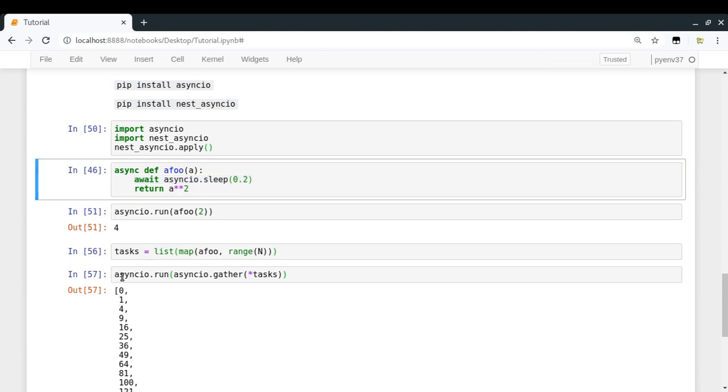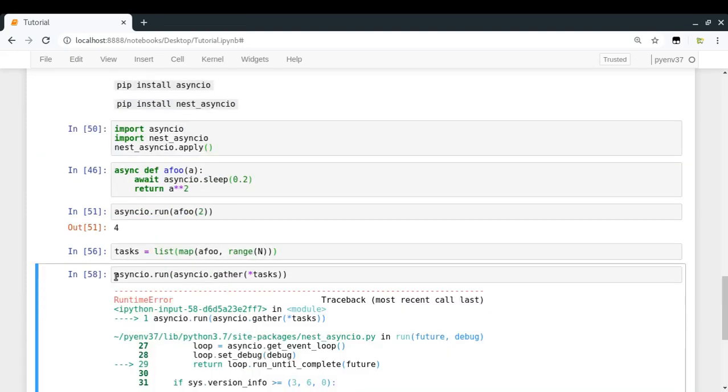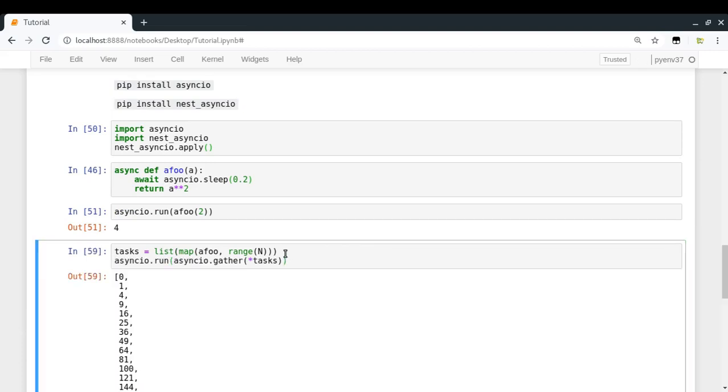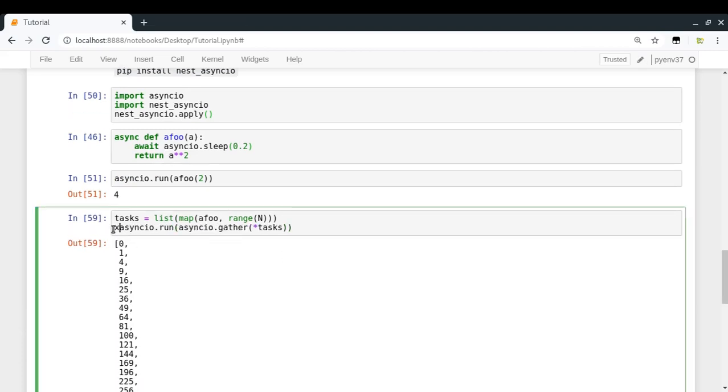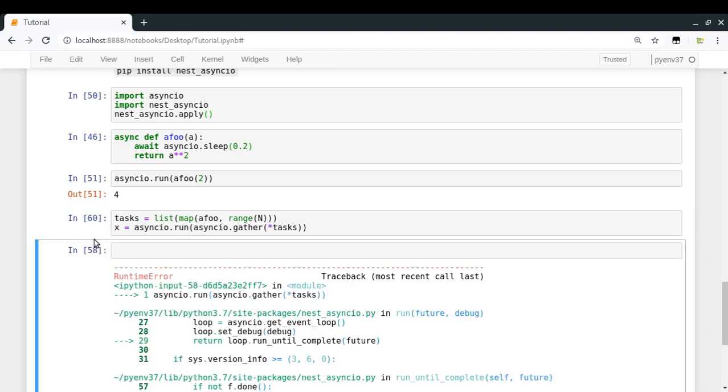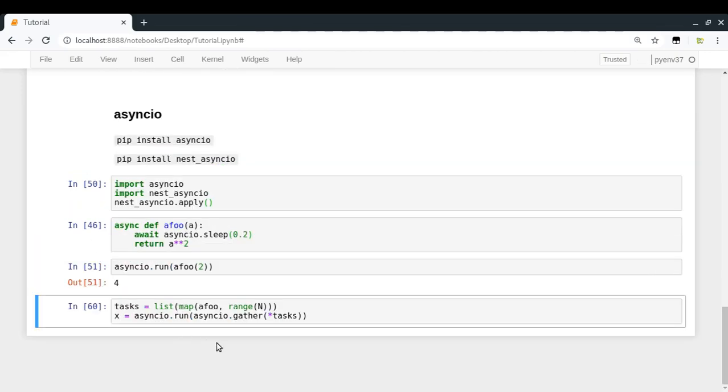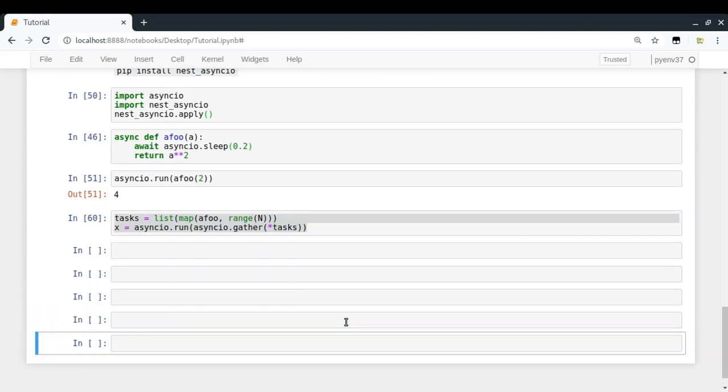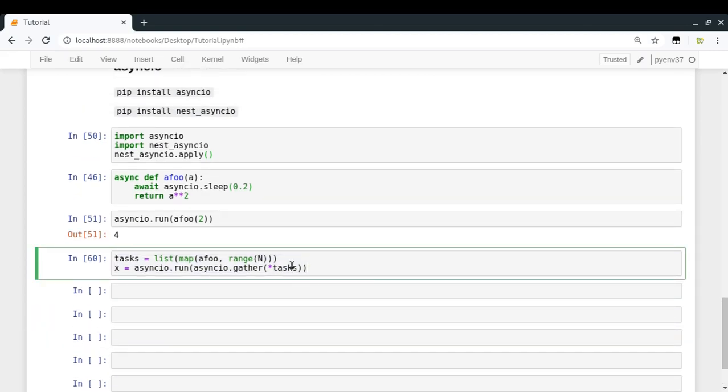Okay, so this is how we run it. And if I try to run it again, I will actually get an error because those coroutines have been used. So tasks has used coroutines. I'm just going to put it together so that every time I run it, I get some output. This is the version that we have here, but the problem with it is that I do not see a progress bar because I do not know how to put TQDM in this. There is no space for TQDM to be fit in this particular piece of code, right? So what I need is to make it compatible with TQDM.